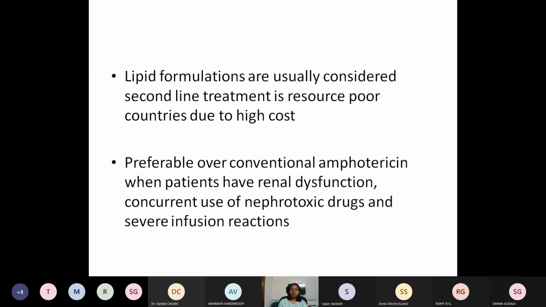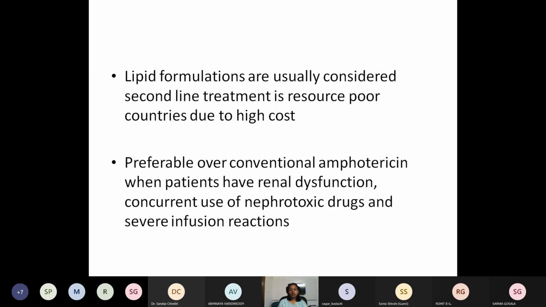So, although the lipid formulations have a better safety profile, amphotericin B has been around for a long time, since 1950, and without any randomized trials. Since it was so potent against life-threatening infections, it is still considered the gold standard of treatment. There's a lot of talk in the scientific community about replacing amphotericin B with lipid formulations, but although we have increasing data about efficacy and safety, amphotericin B is still the first line of treatment, especially for cryptococcal meningitis and mucormycosis, while lipid formulations have been mentioned as alternative or second line treatments